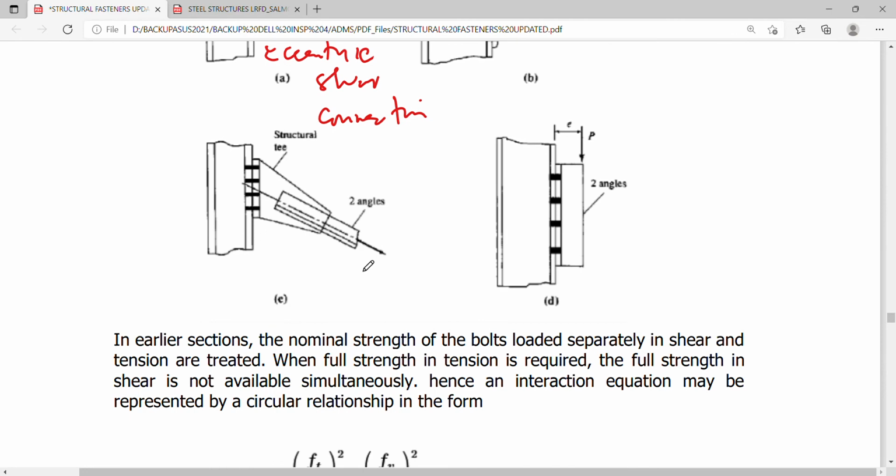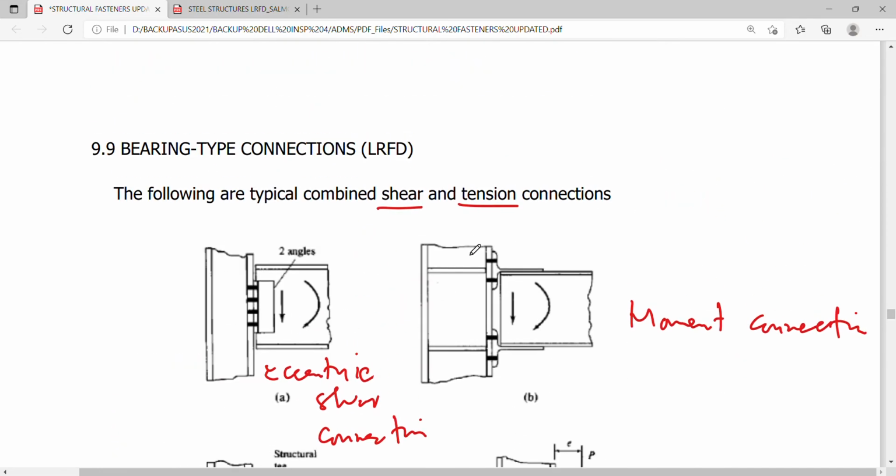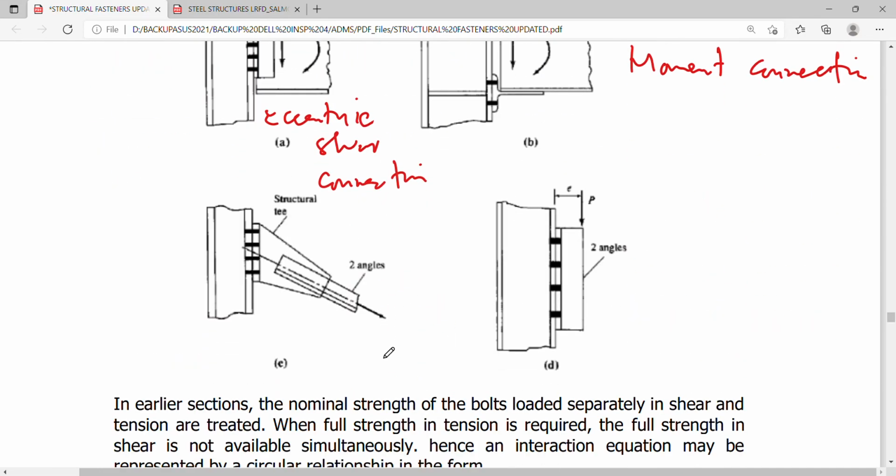Okay, here it's a purely tension connection with a gasket plate here, and this is a type of bracket connection, which is also an eccentric shear connection. So although this is concentric, there is a tension involved, so it's still a shear and a tension. So all of these are combined shear and tension, but they are